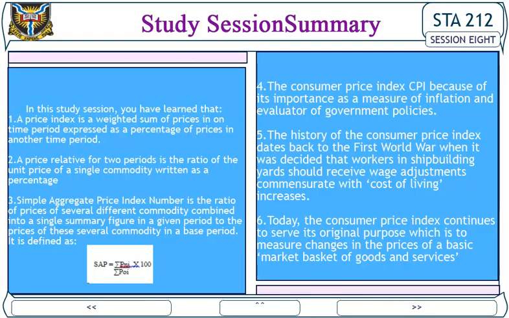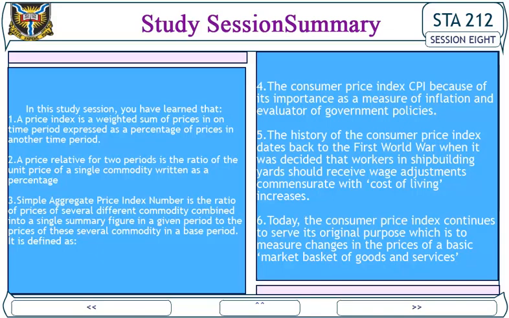Summary of Study Session 8. In this study session, you have learned that: 1. A price index is a weighted sum of prices in a time period expressed as a percentage of prices in another time period. 2. A price relative for two periods is the ratio of the unit price of a single commodity written as a percentage. 3. Simple aggregate price index number is the ratio of prices of several different commodities combined into a single summary figure in a given period to the prices of these several commodities in a base period. It is defined as: